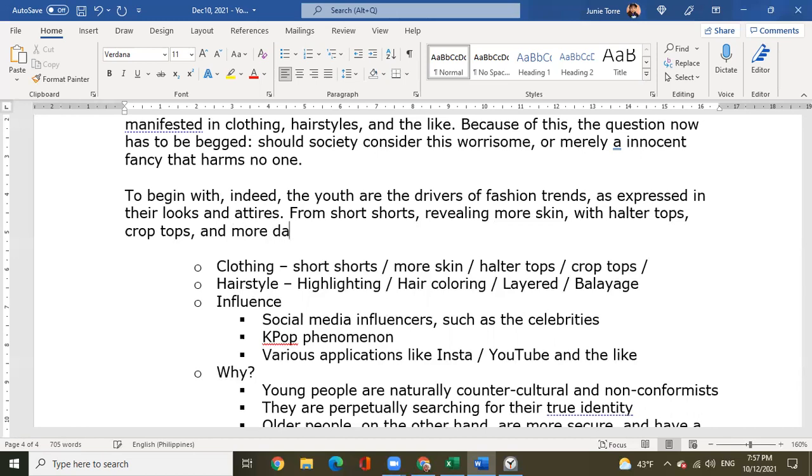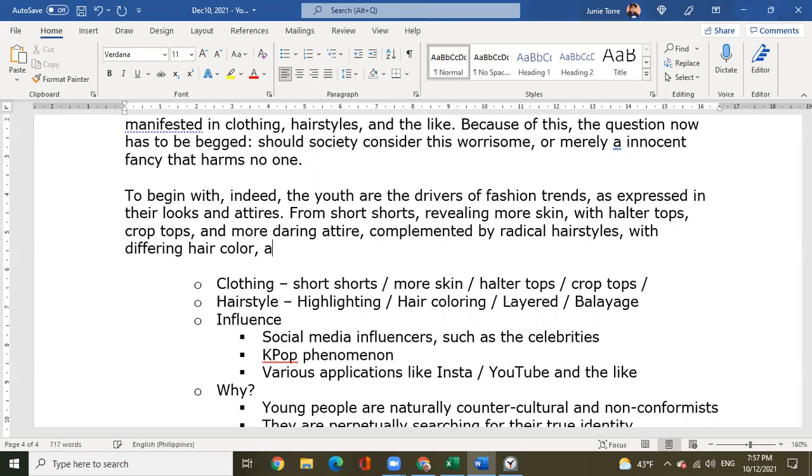What? And more daring attire. Complemented by radical hairstyles. There was a time when nobody ever colored their hair. It's so nice to see so many different hair colors nowadays, right? Complemented by radical hairstyles with differing hair color